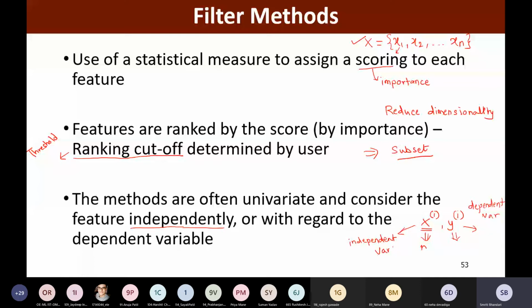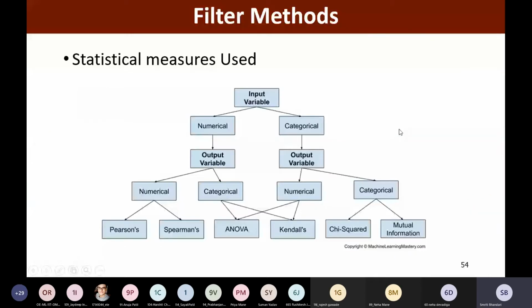With respect to these filter methods, in this slide, we have some statistical measures that are being depicted, which are used popularly. So please look at this figure. We have some input variable. The input variable may be numerical or categorical.